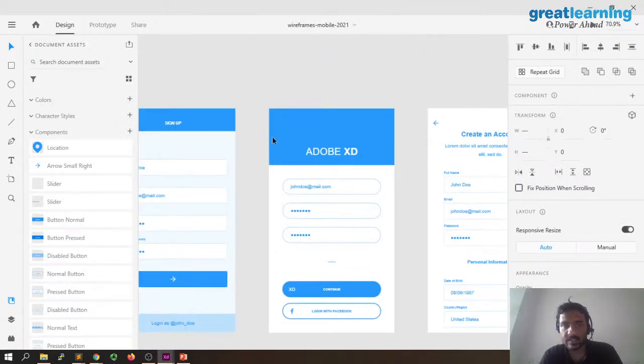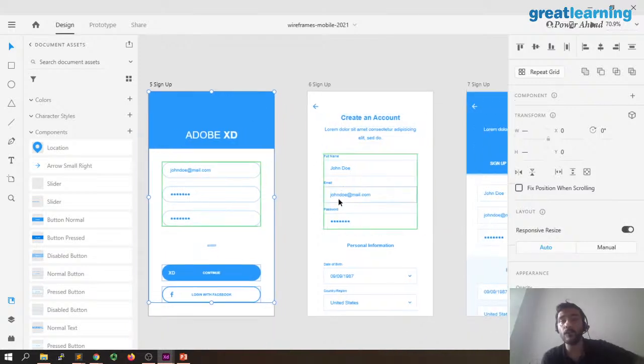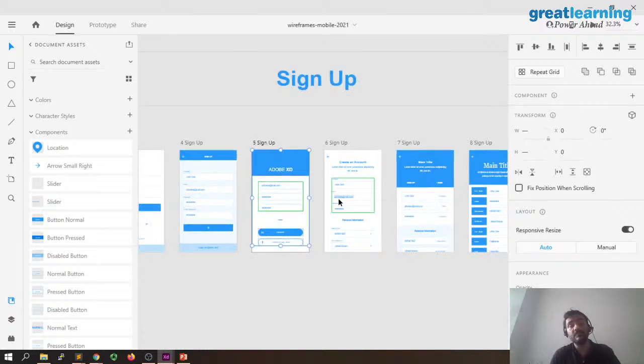You can just use the sign up over here and use the full name. I mean, you have a lot of different variations of sign up that you want to implement. This way you can create those wireframes very fast, introduce an idea and build upon it. You don't have to use these ideas themselves; you can do it from scratch also. But when you are in a hurry, or you have a lot of wireframes to work on, not just one app, then you use these kinds of things to create the very basic fundamentals of it.